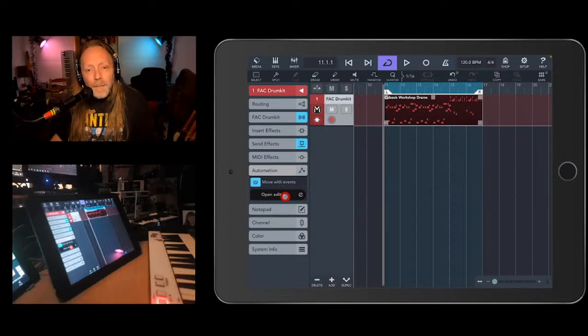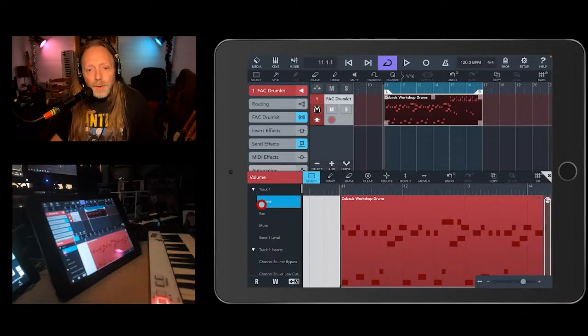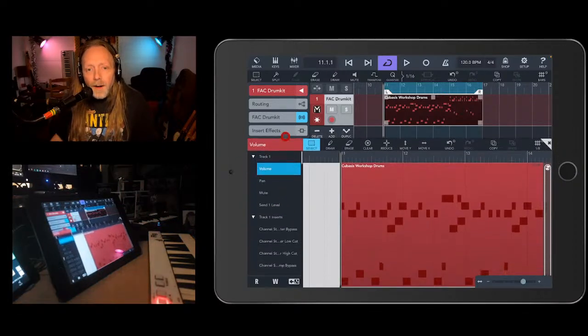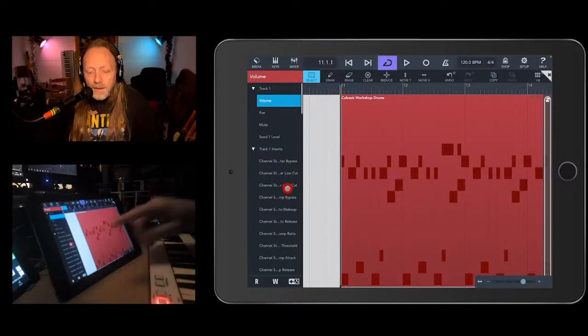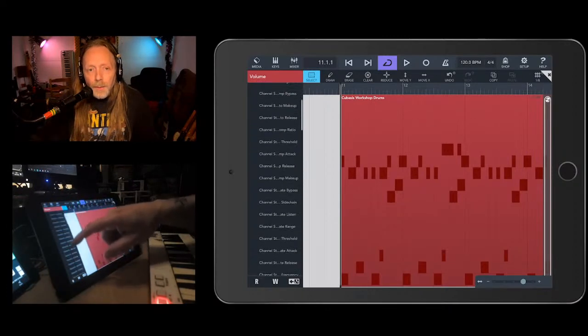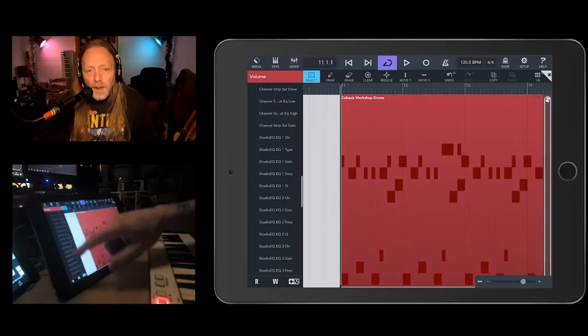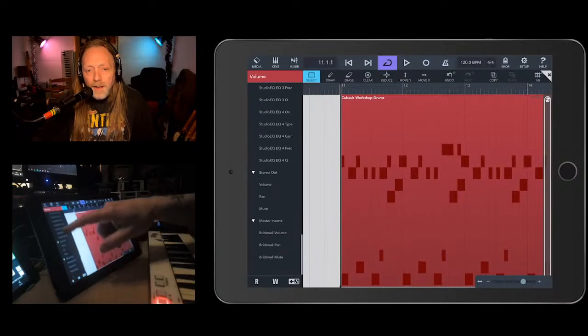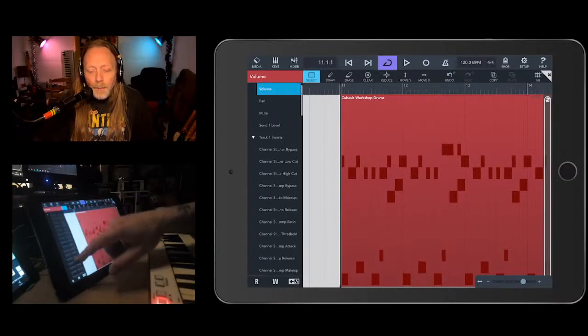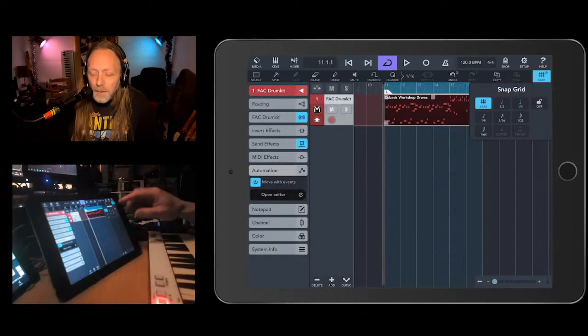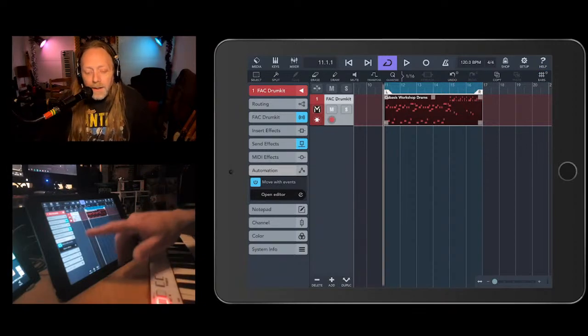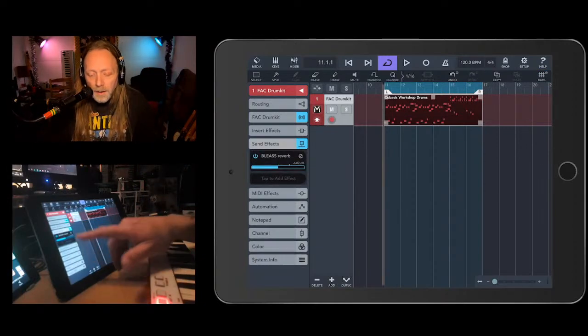Now in here, if I open this up, you will see that there are a great many things that we can automate. Oh, mouse wheel doesn't work in Cubasis, does it? And whilst that is marvellous, the problem is that it takes ages to find what you're looking for. But what you can do is